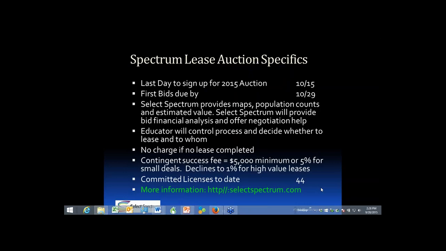We are trying to get all the parties signed up by October 15. I guess I should mention, while we had a long time to organize the last auction, we feel it's important to run these annually. We also know that the FCC is planning a major auction of its spectrum in the so-called 600 megahertz band. Sometimes you'll call it the TV incentive auction. That's being held next year, next March, I think is when it begins.